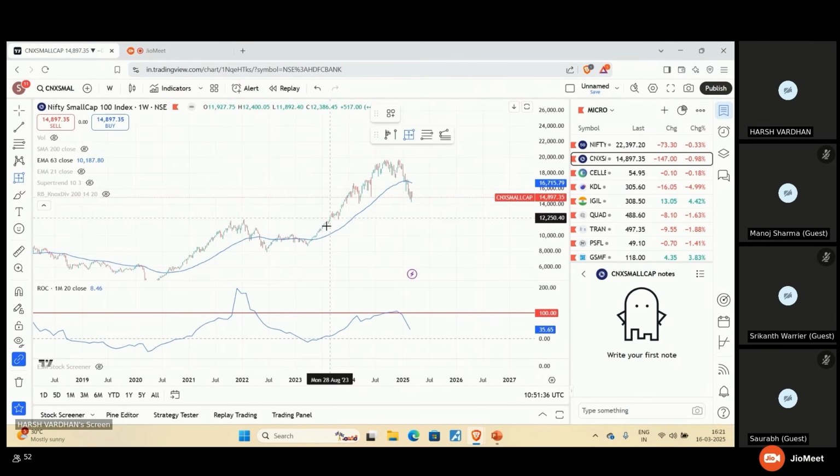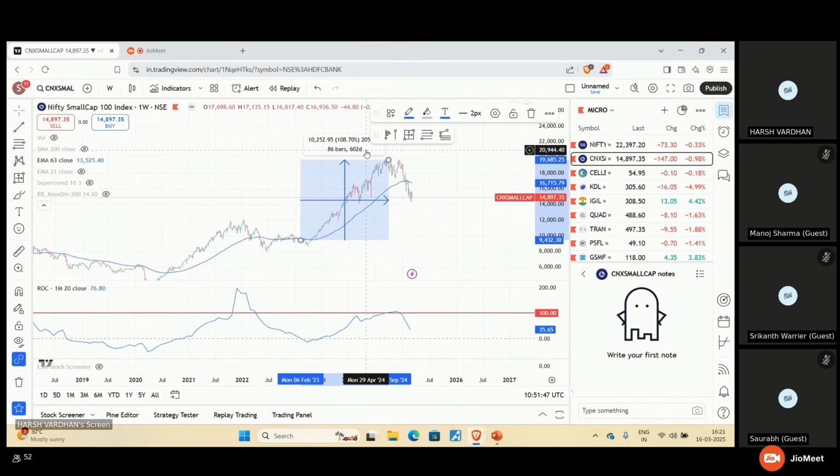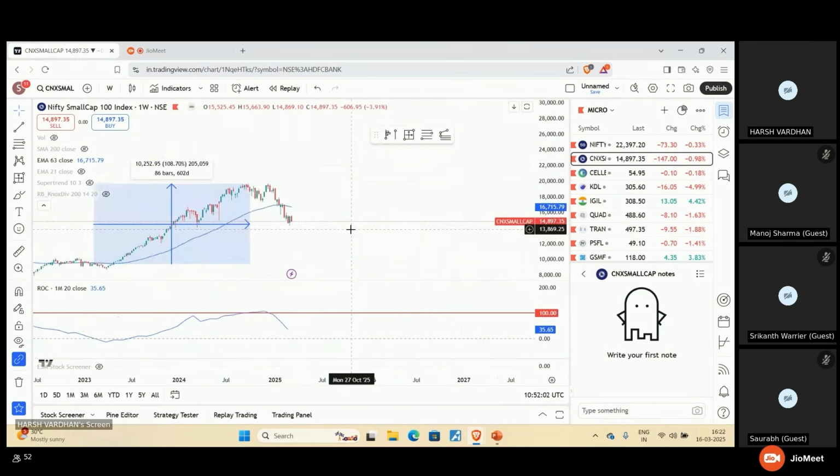You bought near here, this is 0, so you bought somewhere here, then you sold here, and you made 108% in 602 days. This was a clear sell signal. It kept hovering around 100, it even went above 100. So on the entire index, if I zoom in a bit,